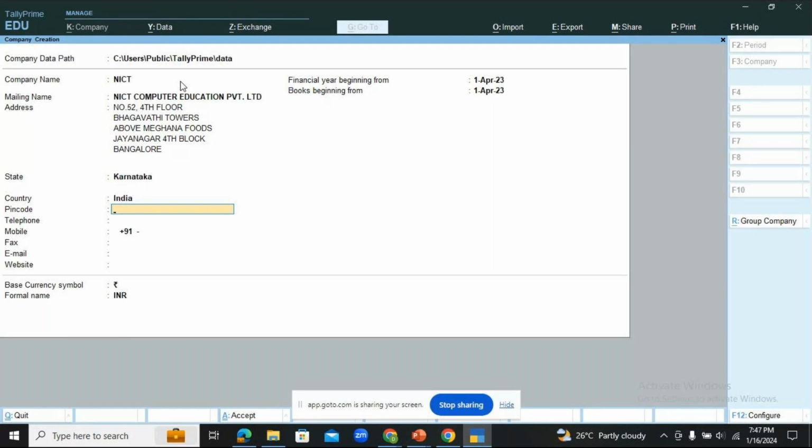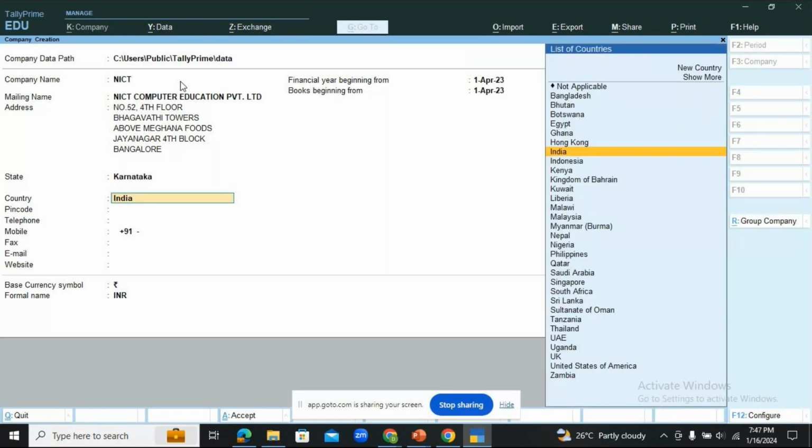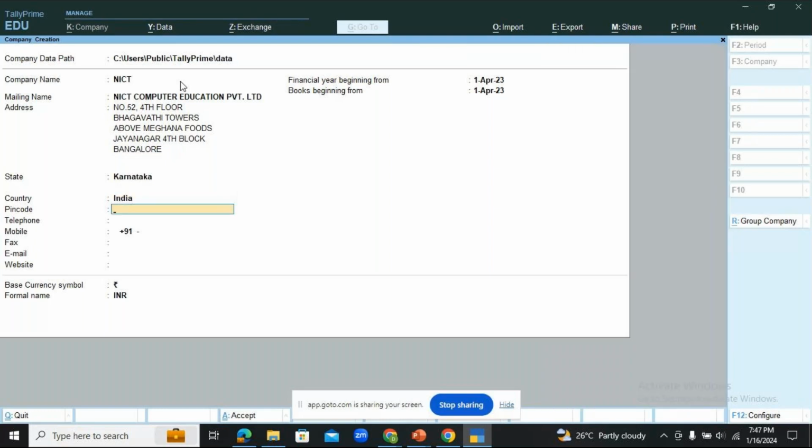That's it. And how India has been put up here is at the time of installation only. Just now all of you saw, right? It comes as India when you install. So then and there itself, the recognition happens as to where we are installing the TallyPrime software. So automatically here it will be put up as India. So we are not setting again India or any other country. If I have to change, I can change it. But at the time of installation itself, it gives me the details of where I'm installing the TallyPrime software.